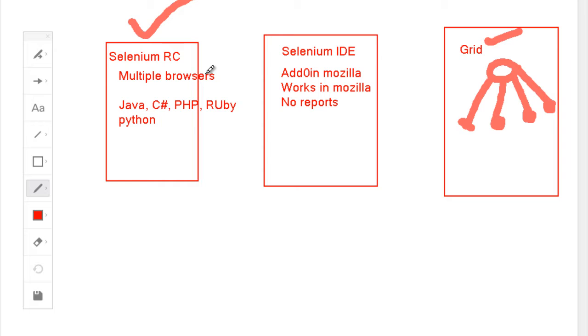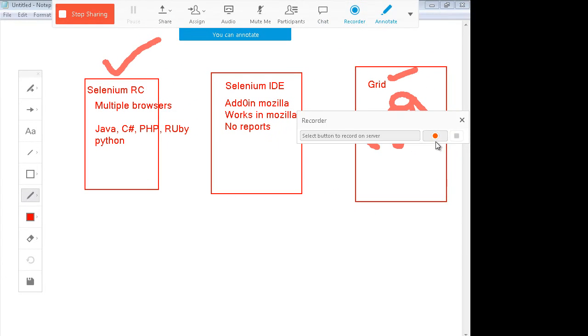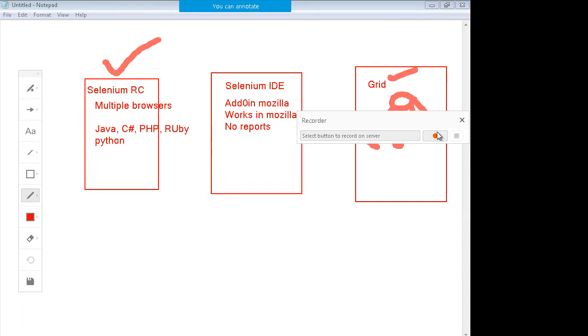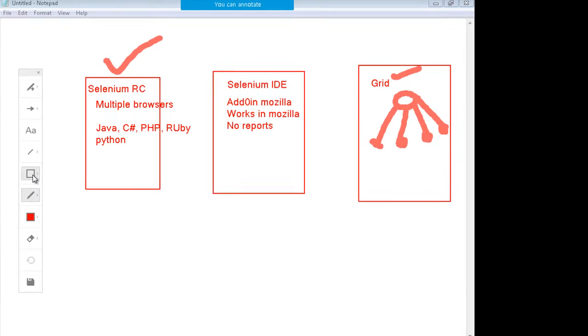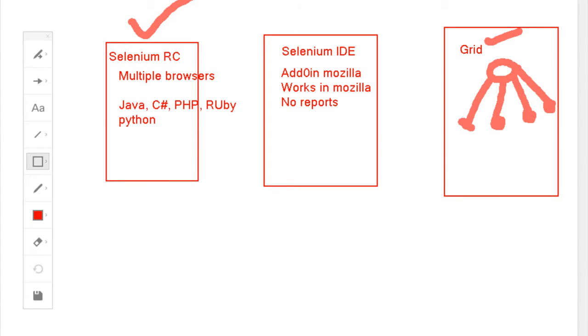Now what used to happen was that in Selenium RC there were many drawbacks. A simple drawback was that you used to start a command prompt, and from the command prompt you used to start the server, and many times the server never got started. So you used to end up logging off from your system and logging back in, and it used to create a lot of issues. So in 2011, somewhere around August 2011, WebDriver came in the market. It's also known as Selenium 2.0.